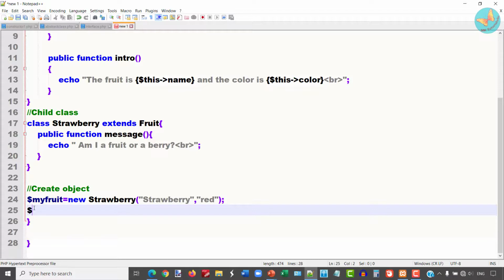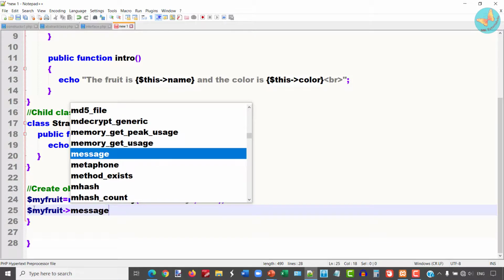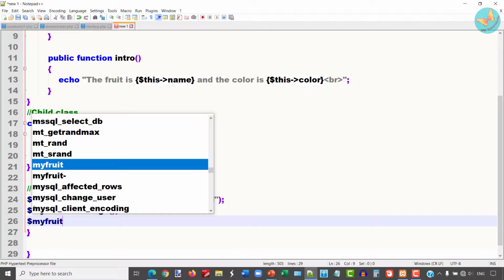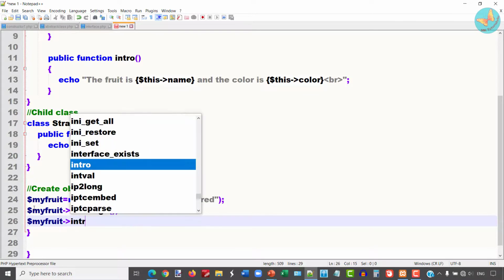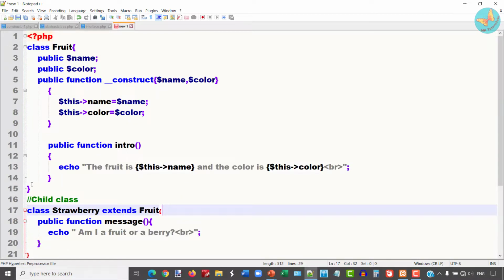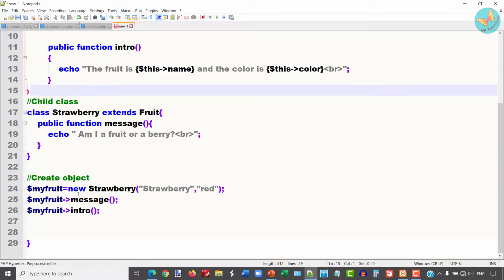Then next I can call the message function written in the strawberry class, as well as I can also call the intro method declared in the parent class. Let me check the first parenthesis here. This is okay.